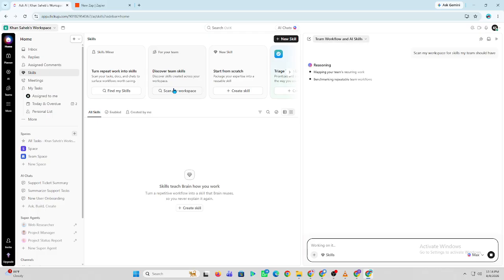Use custom fields to track approval details such as reviewer name, approval status, revision count, or priority level. Finally, monitor your approval workflow through